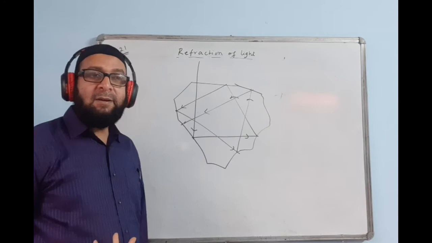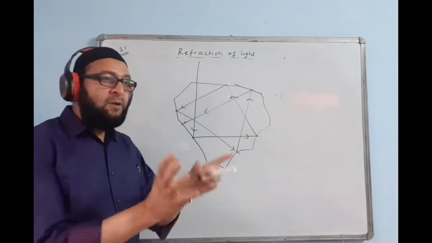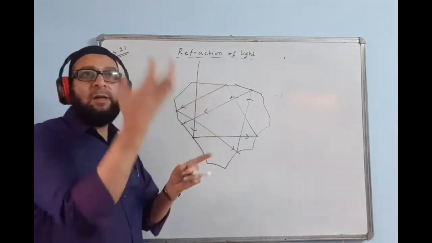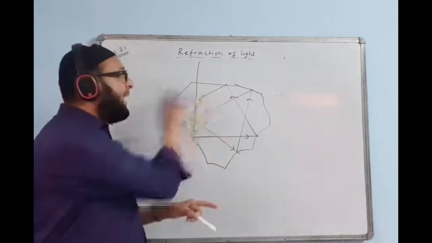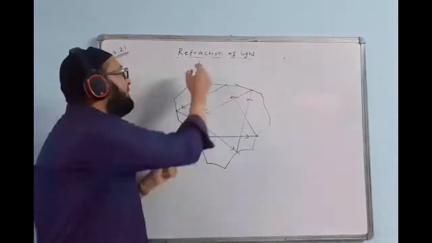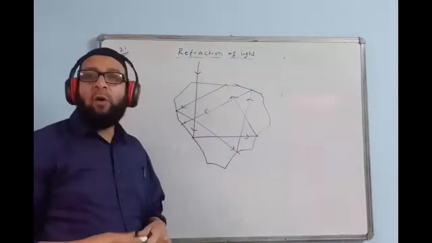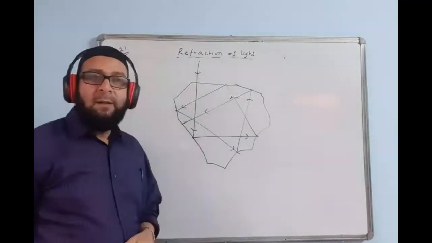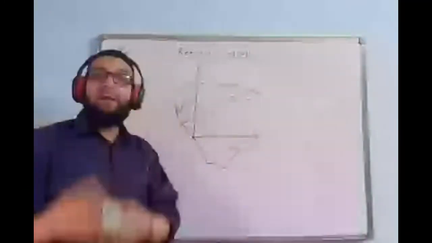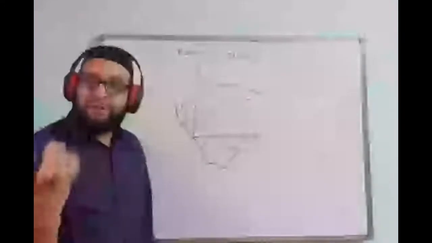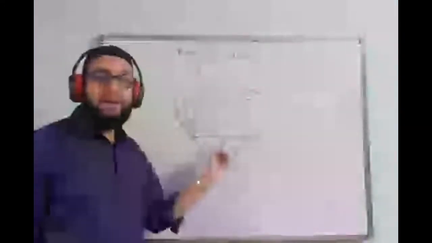That is why we say diamonds are sparkling. When a diamond is in the presence of light, whatever light it traps remains trapped. The ray of light remains trapped inside the diamond and will not be able to come out of it. That is why when you see the diamond in the darkness, it will give you the sparkling effect. So this is the idea behind it.